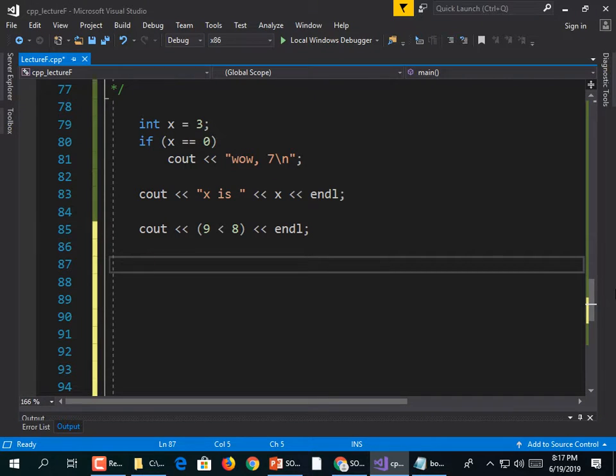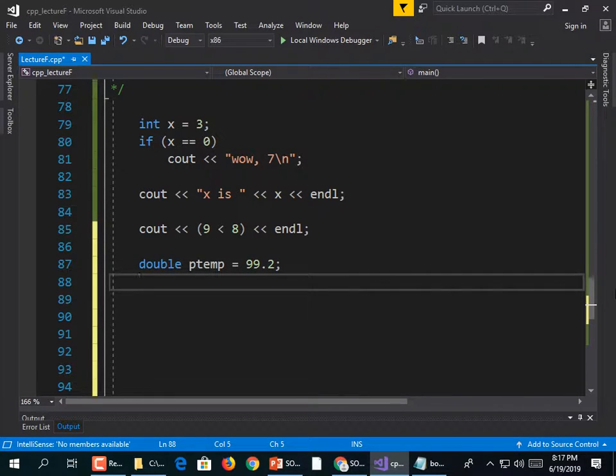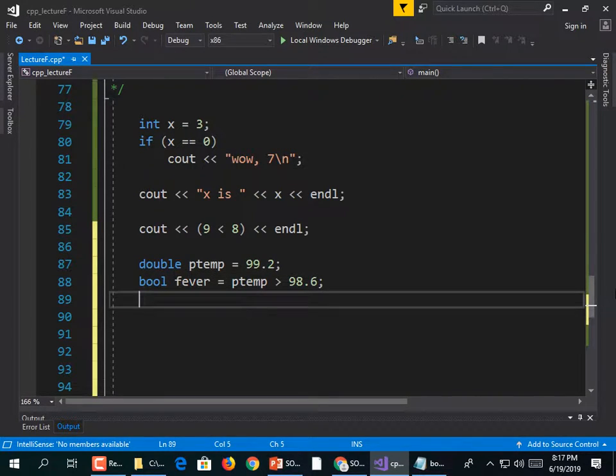Let's declare a double called ptemp for patient temperature, and they're at 99.2 degrees. And now we're going to check to see if they have a fever. Now, honestly, people's temperatures are not always the exact average of 98.6, like you may have heard. Some people run cold, some people run hot. But let's do that. Let's say bool fever = ptemp > 98.6;